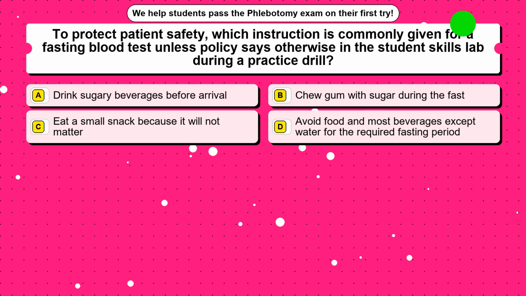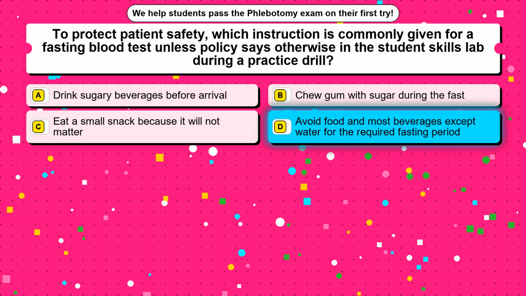Question 82. To protect patient safety, which instruction is commonly given for a fasting blood test unless policy says otherwise in the student skills lab during a practice drill? Option A, drink sugary beverages before arrival. Option B, chew gum with sugar during the fast. Option C, eat a small snack because it will not matter. Option D, avoid food and most beverages except water for the required fasting period. The correct answer is option D,